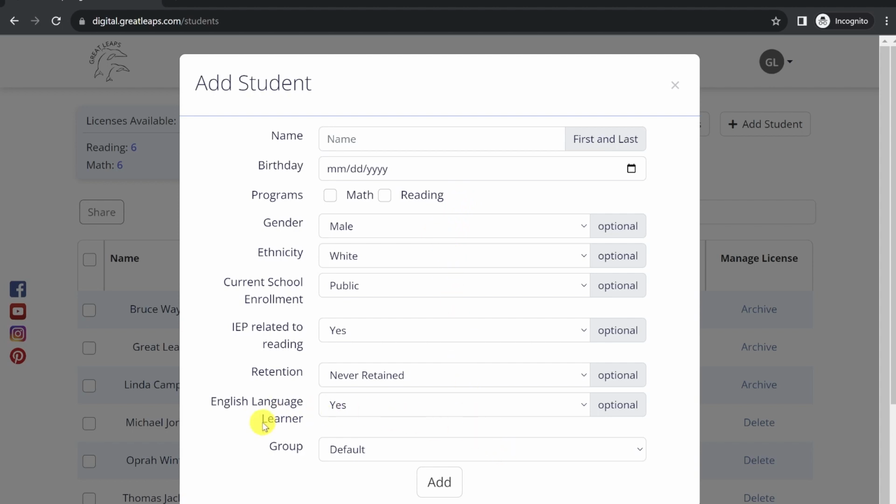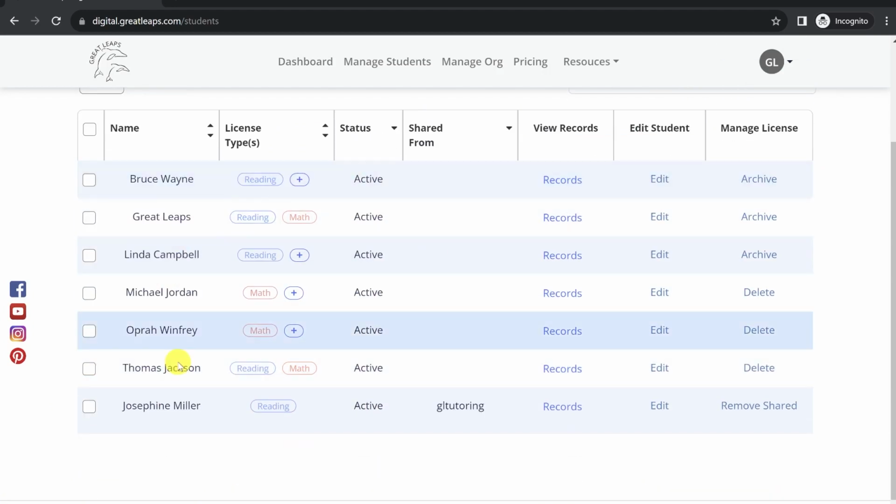If your account is set up as an organization, you'll notice the option to add this student to a specific group below. We will cover more about organization management and instructor management in a separate video. When you're done entering the correct information, you can click Add to add the student and see them appear below